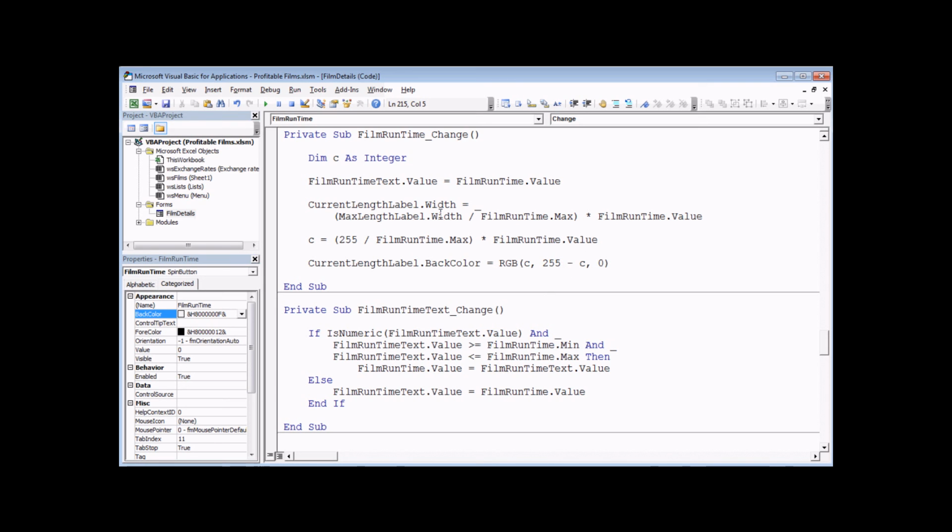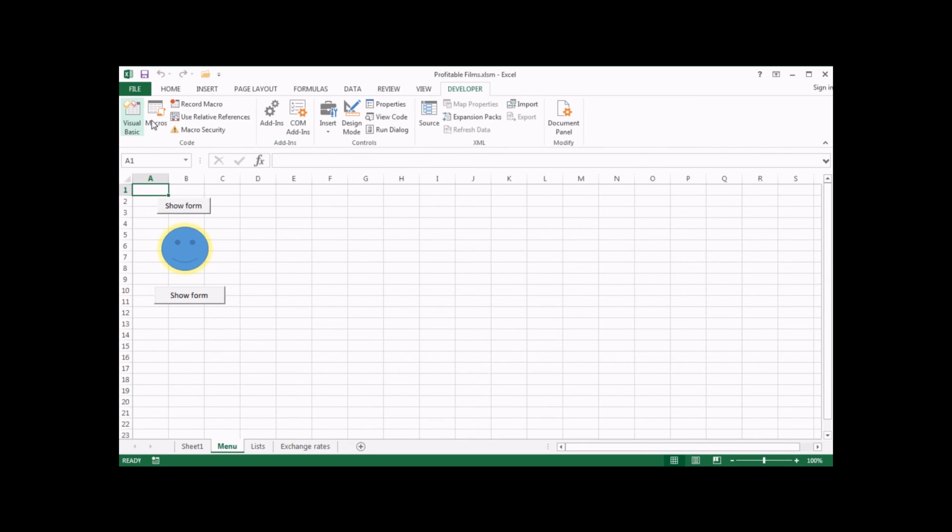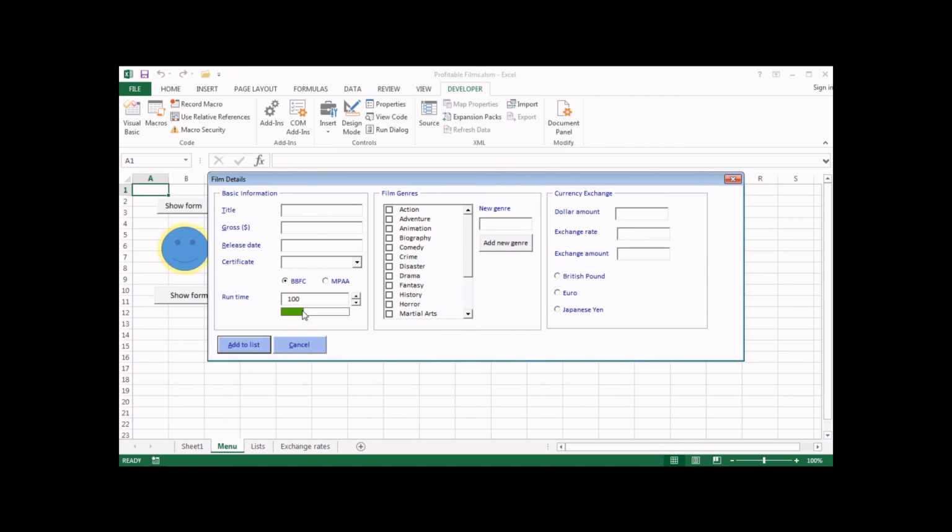So just to see if that works, let's head back into Excel and we will show the form on screen. And you can see that it's already set to sort of the middling green at 100 minutes. Let's just reduce the value down to 1 and then start increasing it using the spin button. So you can see it starts off nice and bright and green, and as the length increases it goes to this sort of murky shade of yellowish brown, and then eventually it'll start becoming more and more red